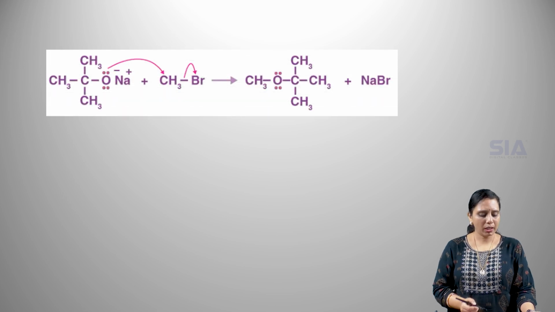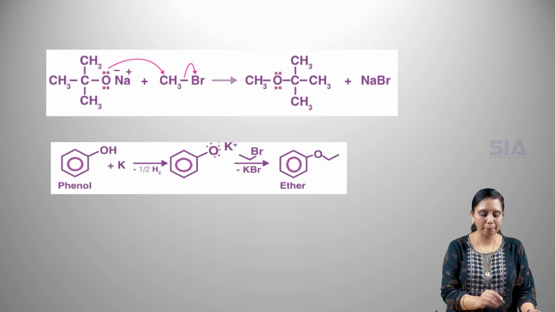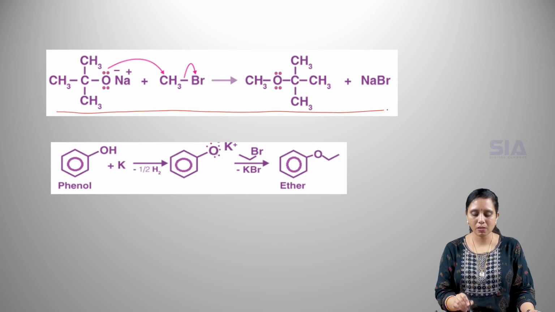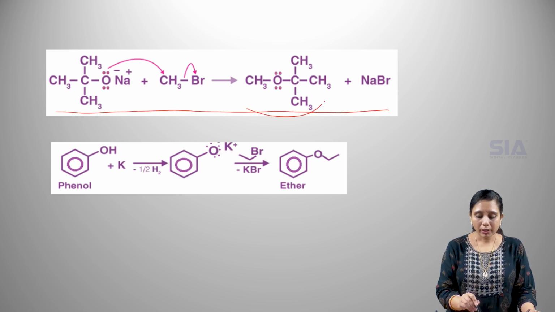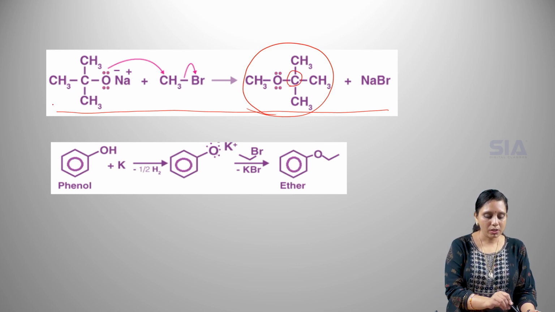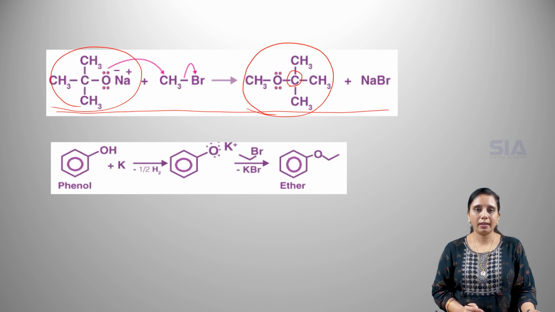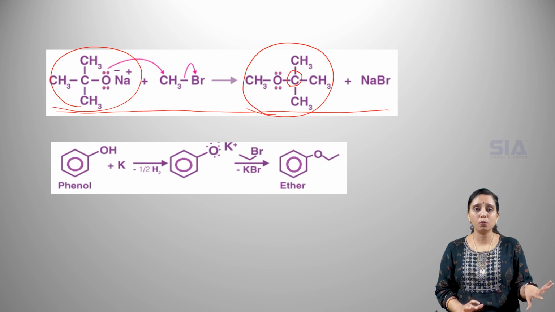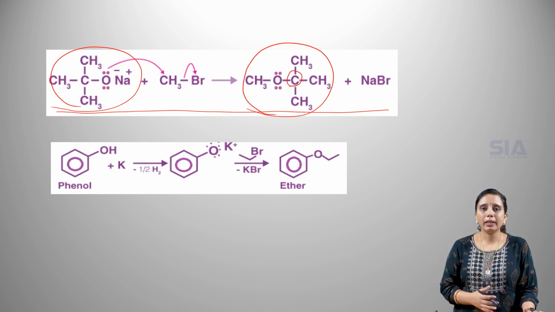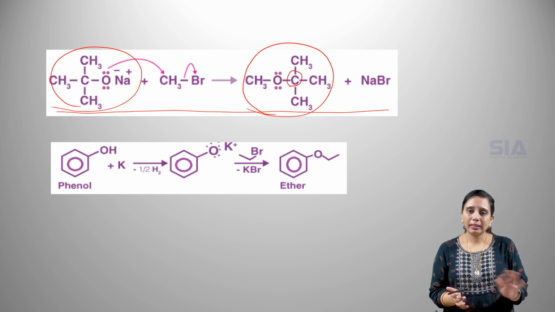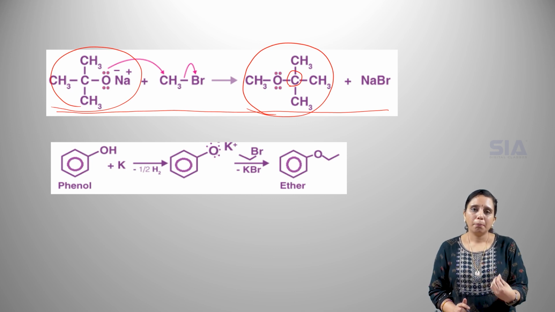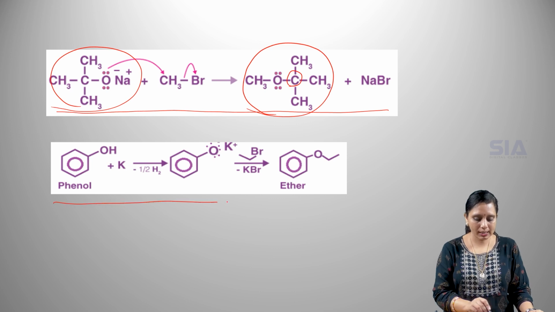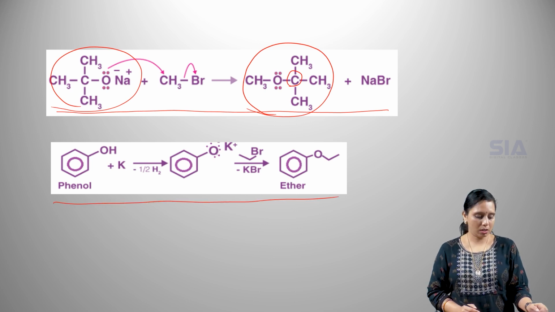Coming to the mechanism, here they have given a few examples of the reaction we can get. Here are different substitutions. This is an isopropoxide ion, so the ether groups can be branched also. Not only aromatic alkyl mixed ethers, but branched groups also can be synthesized by using this reaction. This is also an example of Williamson's ether synthesis.